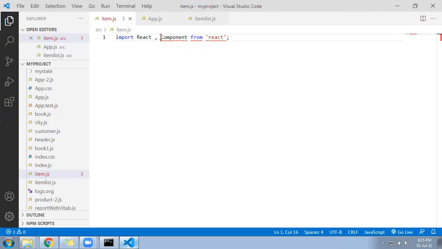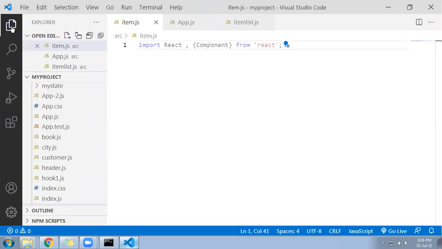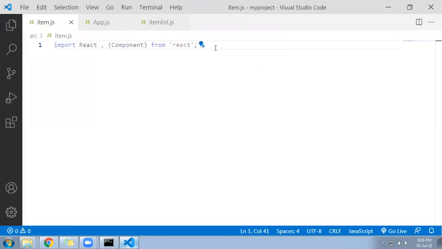This should be under the curly brackets. Let me increase the font size, it will be helpful for you. So the font size is increased now. Hope it will be visible properly.